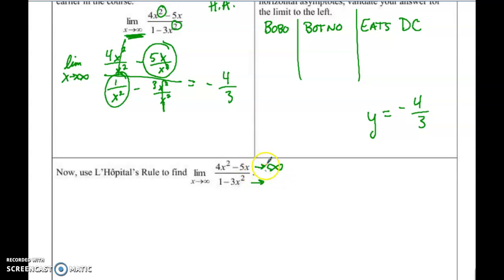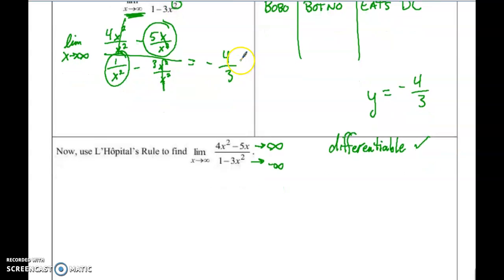Again, you don't want to write equals, you just want to write the arrows. You technically have negative infinity down here, but it doesn't actually matter. As long as the top and bottom are differentiable, which you don't have to write down, at least in the past they have not required this, but in case they do in the future, I'm making that distinction. That L'Hopital's rule applies. And if we did L'Hopital's rule,